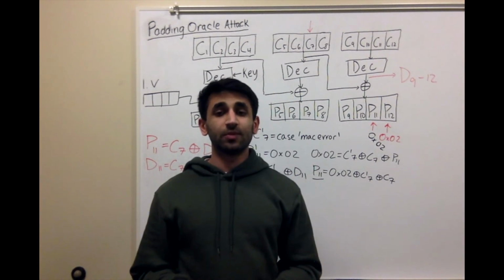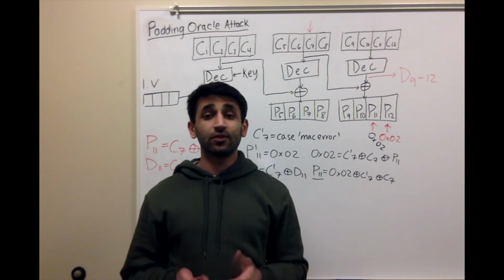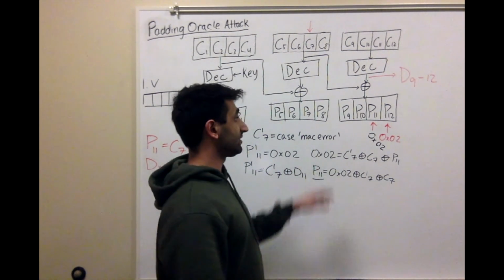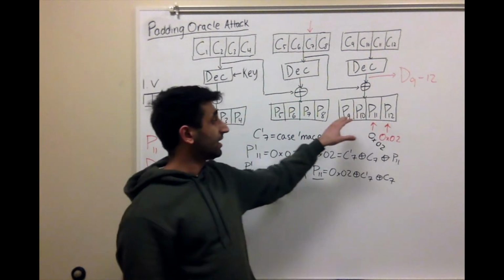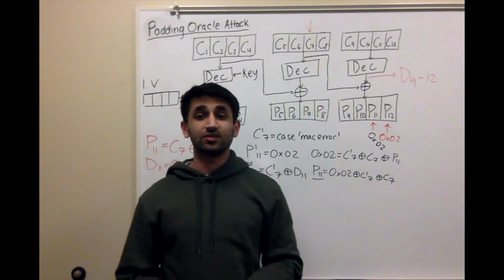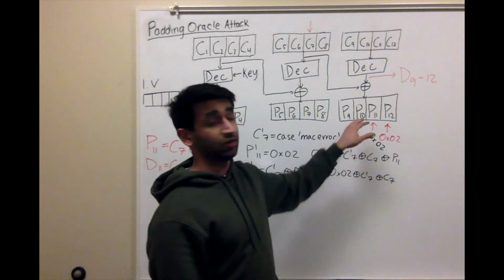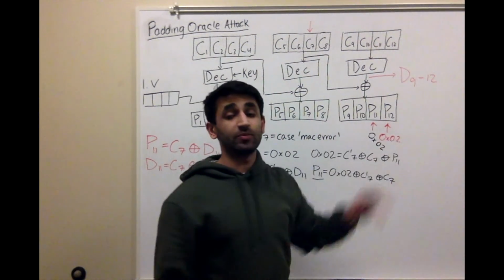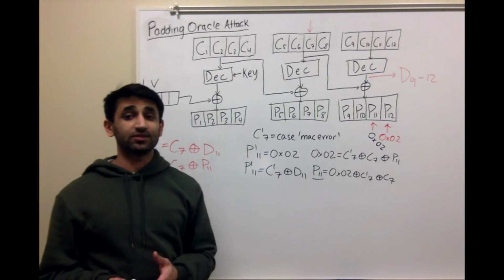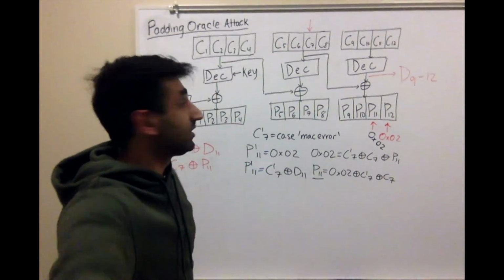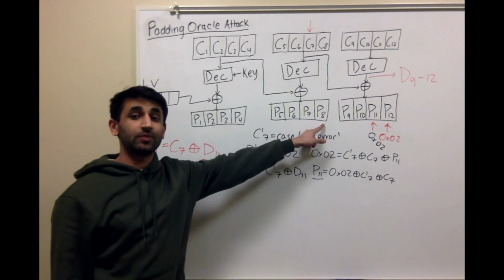The next question that comes up is, how will I extend this to the next block? Keep in mind, no message can have a padding greater than 1 block size. So we can't simply extend this to P8 by writing in 0x05, 0x05 in the whole last block and trying to get 0x05 to show up in the P8 spot. What we can instead do is simply not submit this last block. Once we've decrypted this third block, P9 through P12, we can act as if we have a 2 block long message instead of a 3 block long message. Assuming this block never existed, we can start by changing C4 until we get 0x01 to show up in the P8 spot